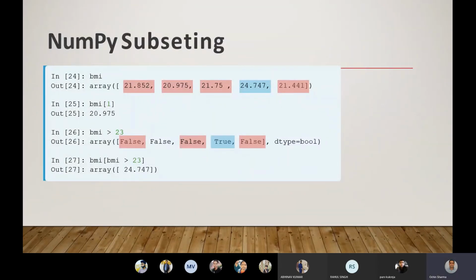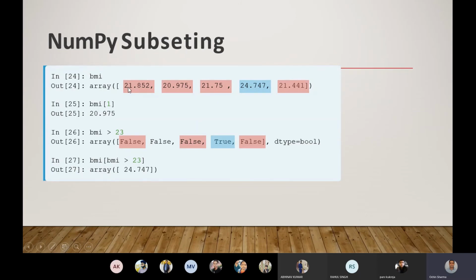I can also do mathematical calculations. I want to print BMI greater than 23. So when we use a relational operator, it is internally checking the things. It is interpreted as whether BMI is greater than 23, so it will check the very first index item.